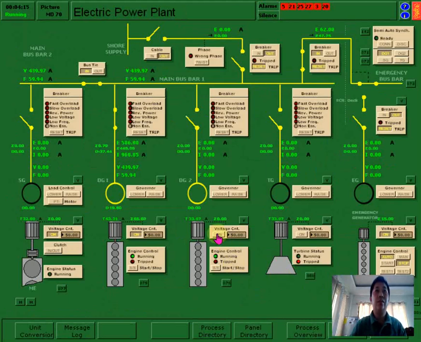So I will switch on the excitation voltage. So the voltage is now running. So I will first synchronize the generator, before I change over to fuel oil. So I will synchronize. It's not yet. So I will proceed to